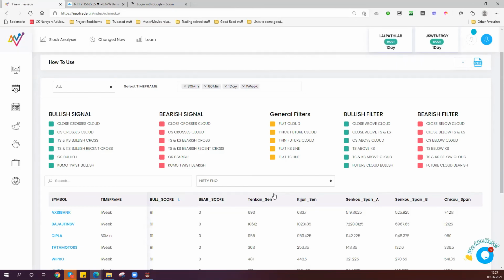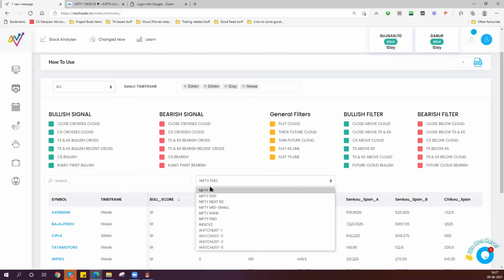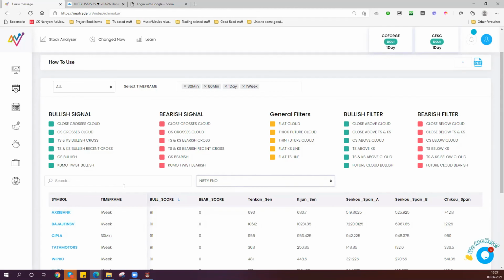As in anything else in NeoTrader, you can choose your universe on which to apply all this. You can search for signals by individual stocks. You can choose different times. If you want to look at only weekly data, switch off all these, or you can select all and it will show you all.